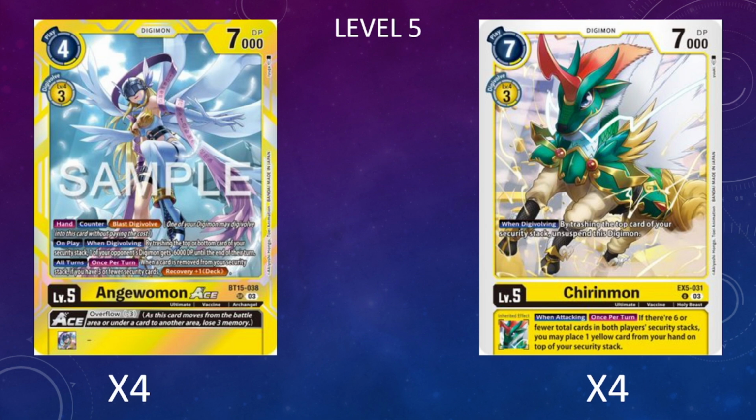And then the last level 5 of the deck is going to be 4 copies of the EX5 Chirinmon. So this card is another really aggressive Digimon for us to use because his when digivolving ability allows us to trash the top card of our security stack to be able to unsuspend this Digimon. So we could line up a super powerful turn where if we attacked with our Bulkmon with jamming with security attack +1, then we could Digivolve into the Chirinmon, unsuspend the Chirinmon, and be able to continue the aggression